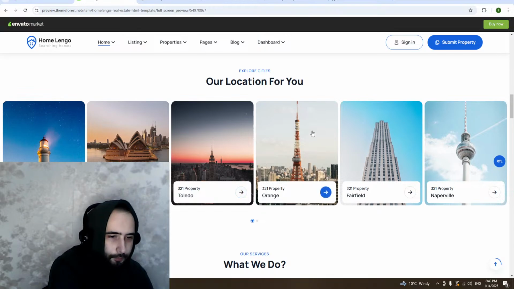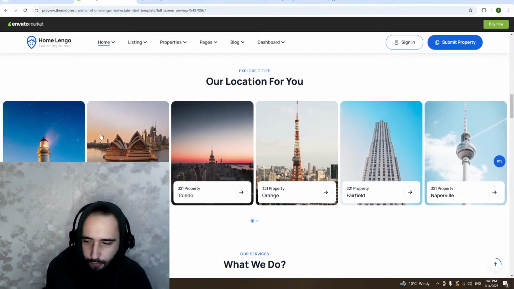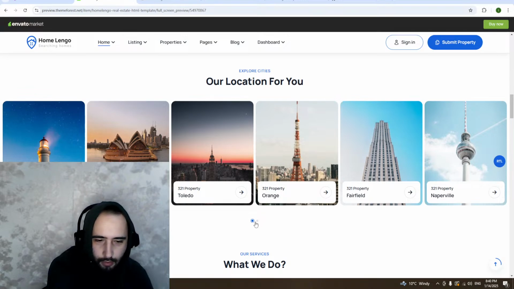I think it will be needed just to have the images for each city, in general some list of the cities or districts. Maybe just one city and different districts, and have the pictures and display properties